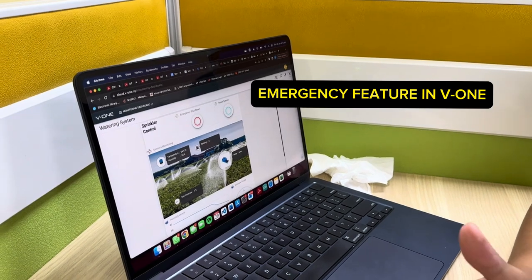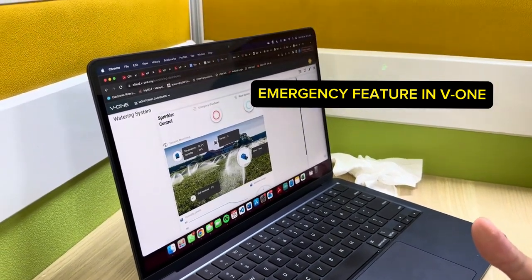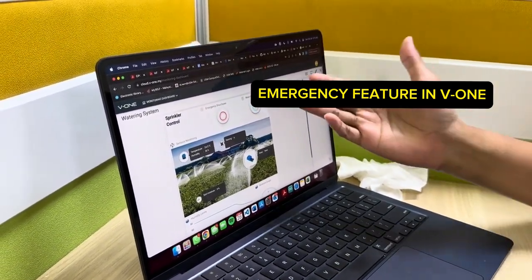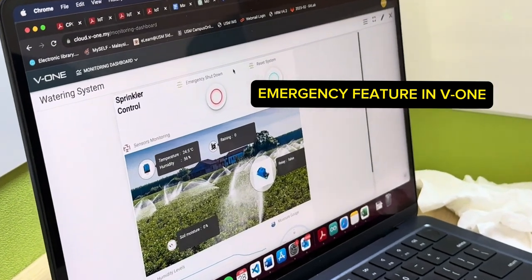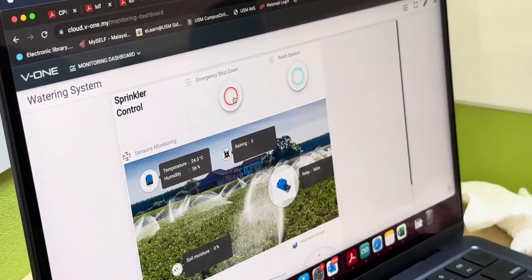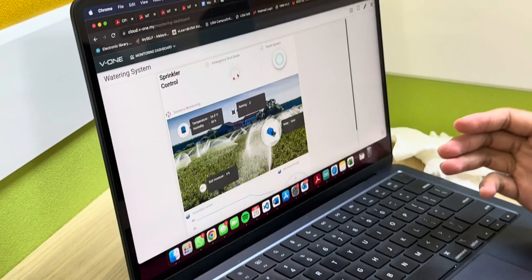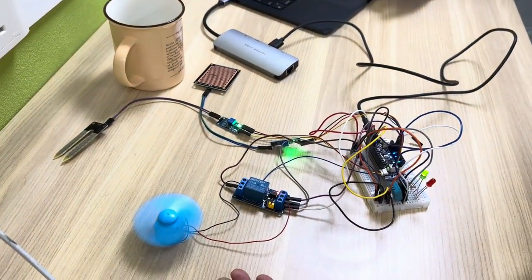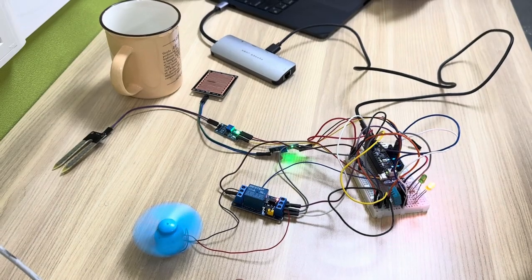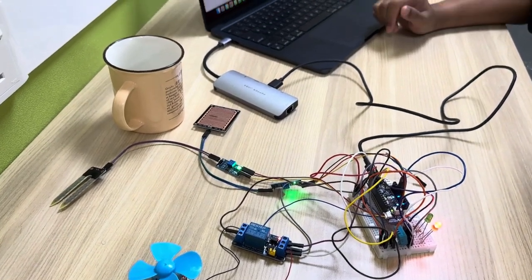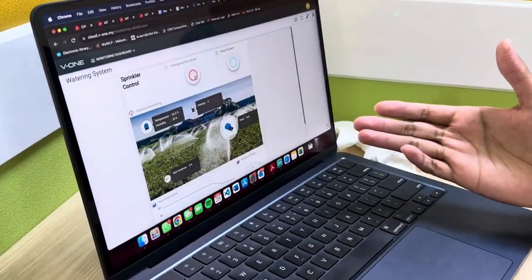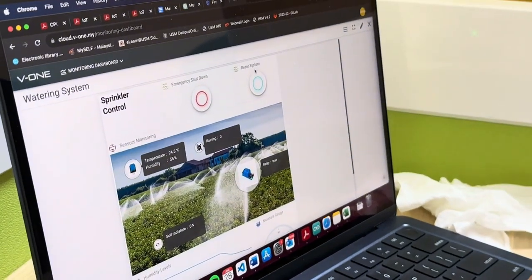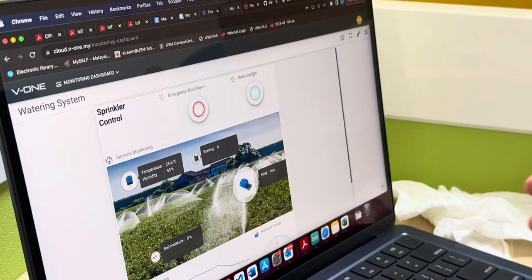So let's say there is an emergency that requires the sprinkler system to shut down. Over on the V1 monitoring dashboard, there's an emergency shutdown button that we can press and the sprinkler will shut down. And on the monitoring dashboard as well, there's a reset system in case we want the sprinkler to continue its